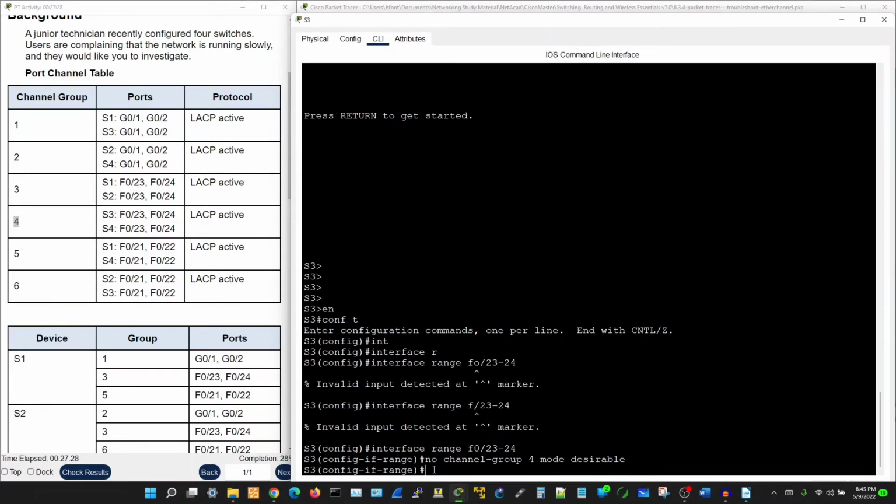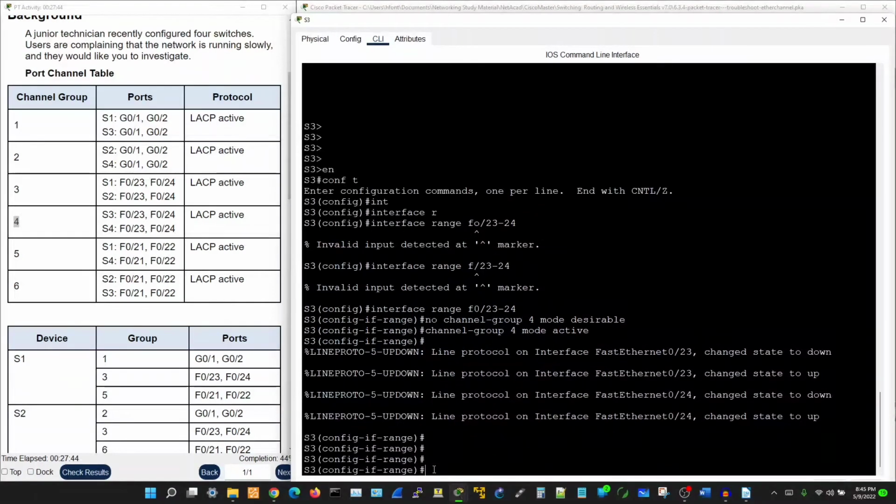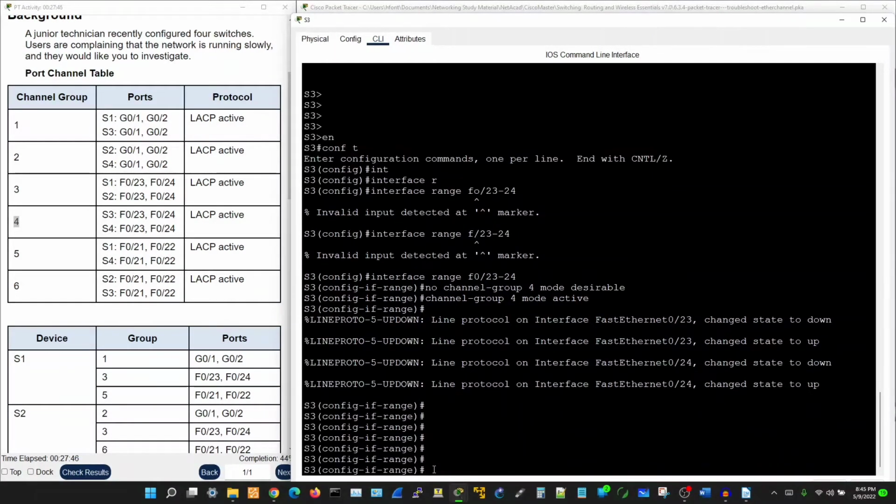Okay, you have to make it active for LACP. I'm going to remove the no. Okay, now